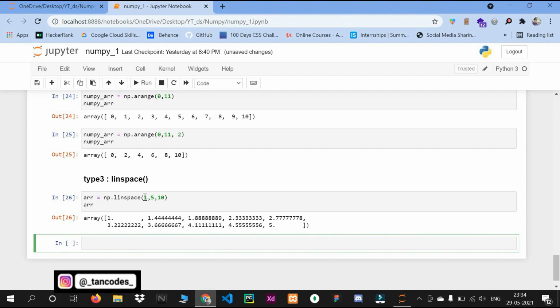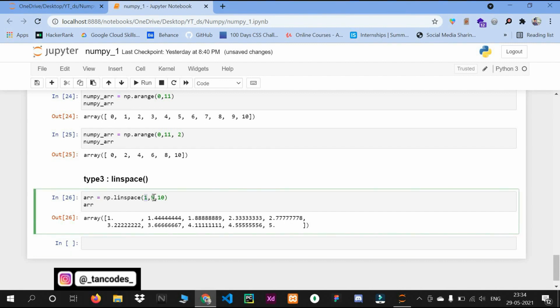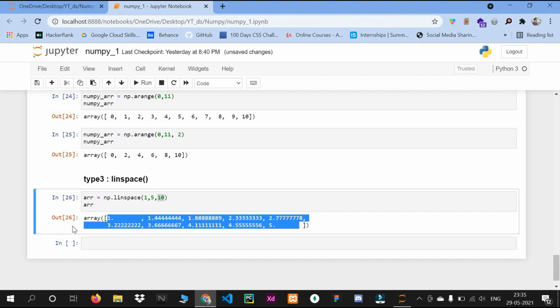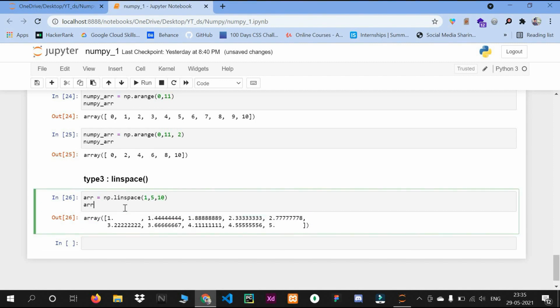I wanted an array starting from 1 and ending at 5, and we have 10 elements in it. The first parameter is our starting value, the second parameter is our ending value, and the third one is the number of elements we want. I wanted 10, so it gave me 10 elements. So this is the third type.